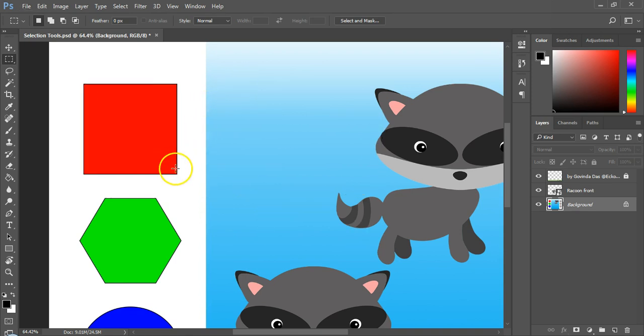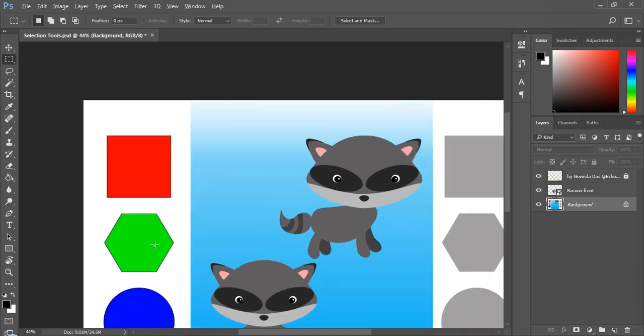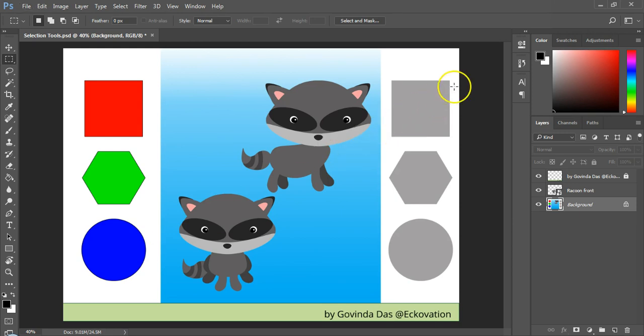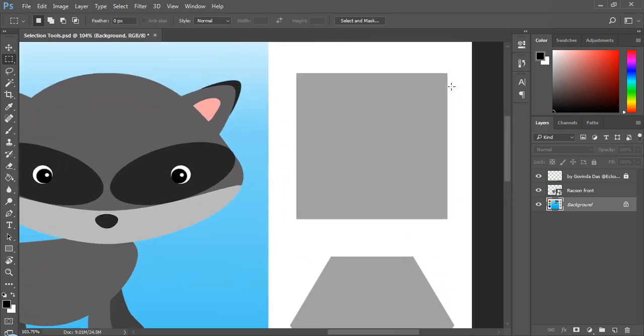Now, you just learned how to make a selection. So use that knowledge to create a selection around the gray square on the right hand side of the screen or canvas. Try to make it as precise as possible. Once you are sure that your selection is good enough, proceed to fill some colors in it.